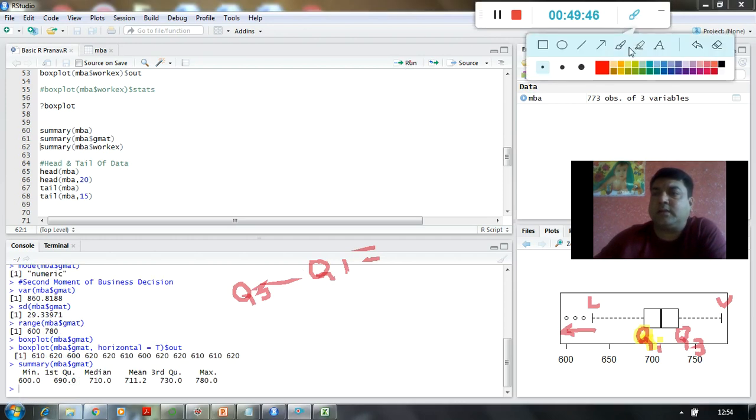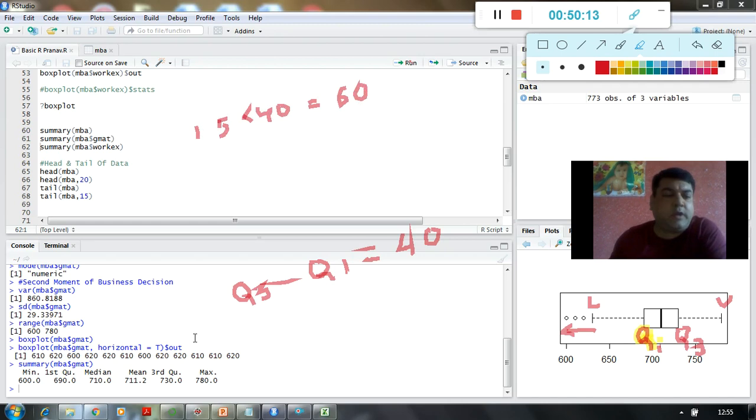So if I do that, 730 minus 690, which means it is going to be 40. So 1.5 multiplied by 40 is going to be 60.